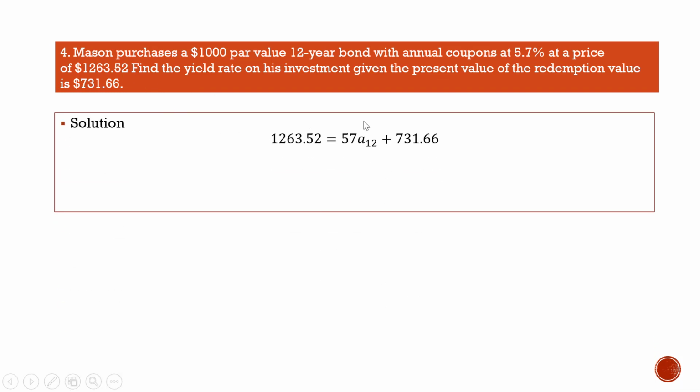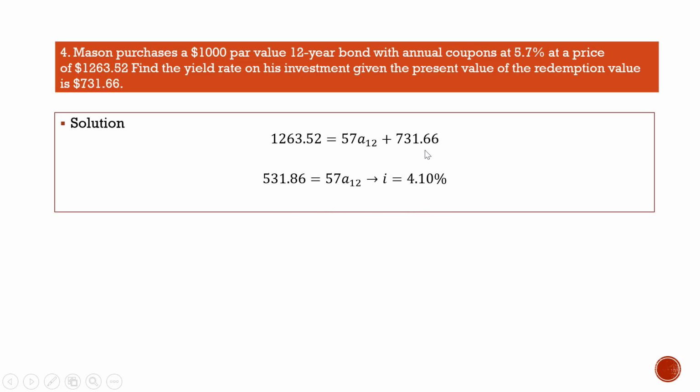This is equal to the coupon times a_n plus C v^n. The coupon is 1,000 times 5.7%, which is 57 for the coupon. And here the bond lasts 12 years, so n is 12. And instead of using C v^n, we're not given C, but we're given K. K is 731.66. So this K is exactly C v^n. So there's no v^n here, just